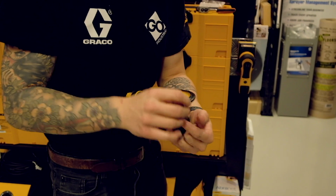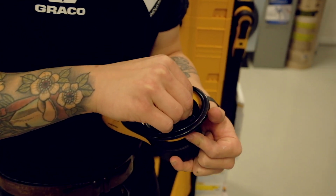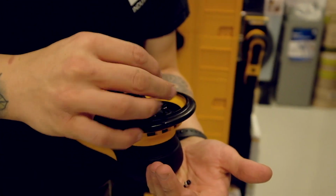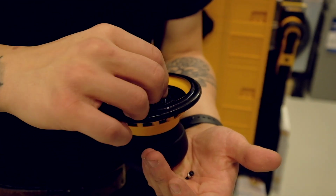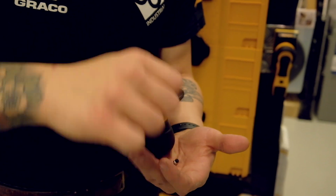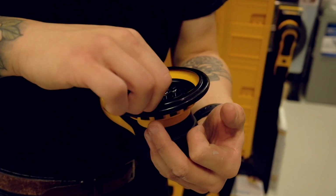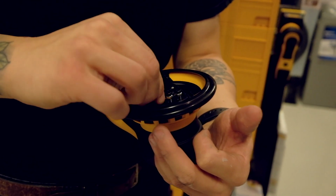So all we want to do, start the thread by hand. These don't have to be secured with Loctite or any thread tape or anything like that. They just go in straight like this. They don't have to be over tightened or set to a certain torque. Just